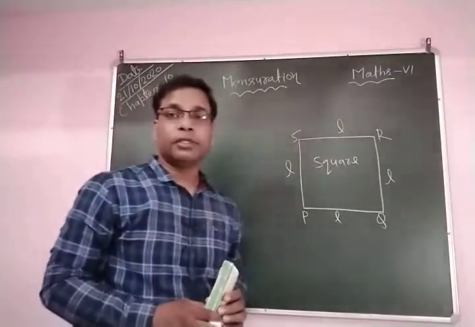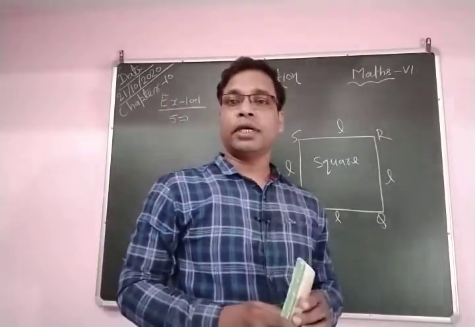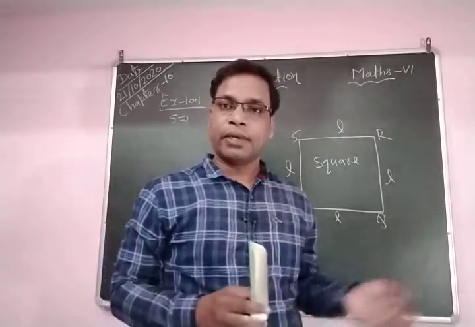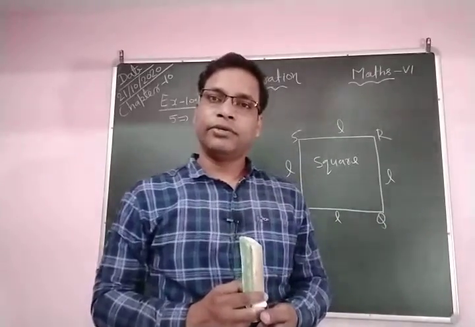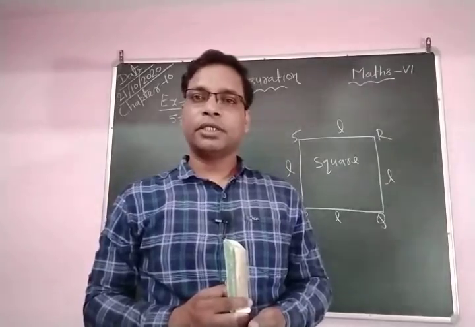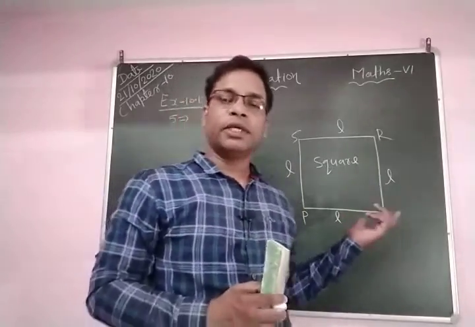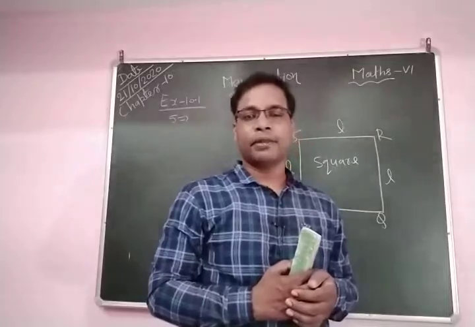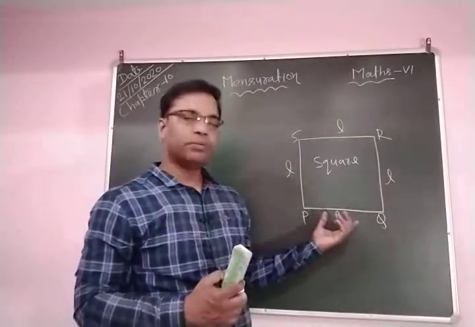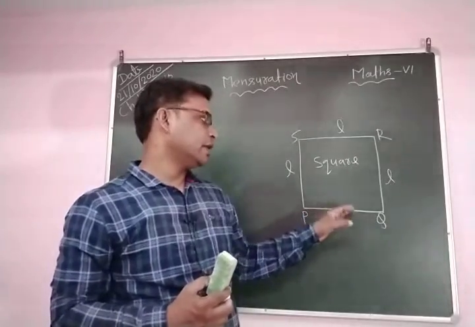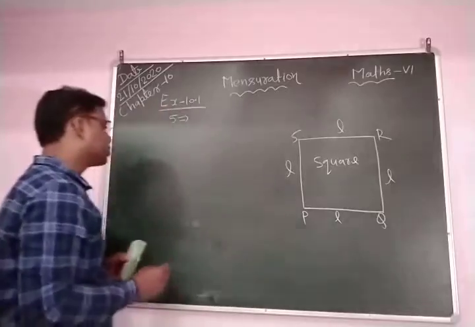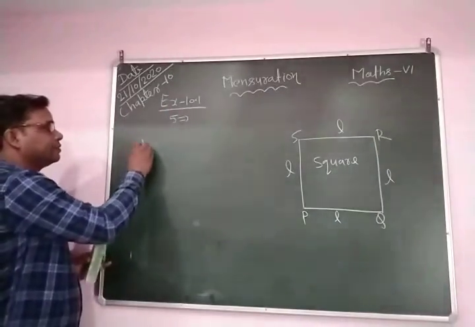So we know very well the perimeter means length of boundary or sum of all sides. If a plane figure is closed by sides, then we find the sum of the sides and it becomes the perimeter. If it is not sides but a curve, then the length of the boundary is the perimeter. But this is a square, and all four sides are equal, so here you write L, L, L, L. These are the sides.